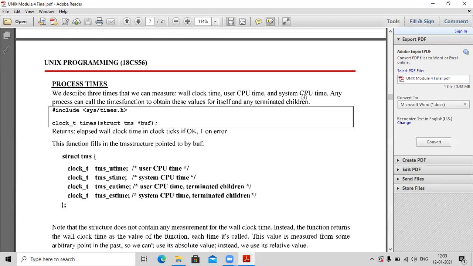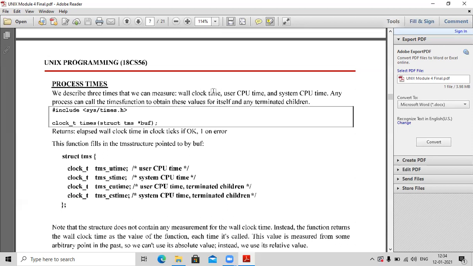The time spent by the process with the operating system is called system CPU time. The time spent by the process with the CPU is called user CPU time. And what is wall clock time? Before getting allocated to CPU, before getting allocated to any resources, there will be some time lapse, some time elapsed. That time elapse is called wall clock time.